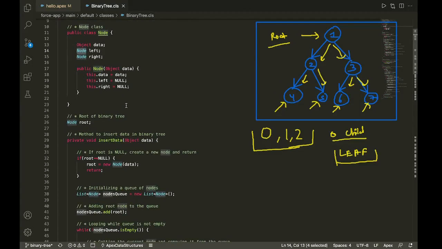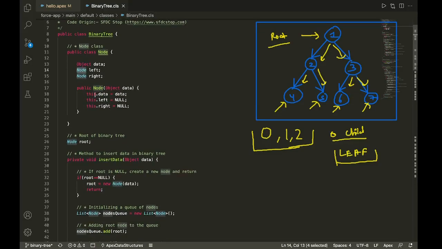Okay. So that's about the node class, and inside this node class we have a constructor which is going to receive a data, and it is going to construct a new node. So whenever you pass some data inside this node, it is going to construct a new node like this, and this new node will have some value, for example some data, and it will have the left child as null and the right child also as null. So this will create a new node with left child as null and right child as null.